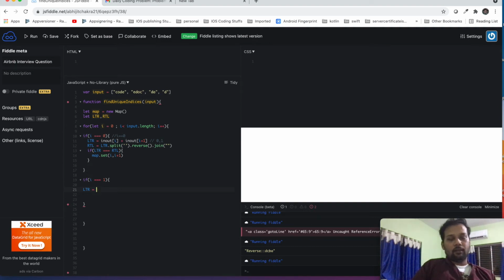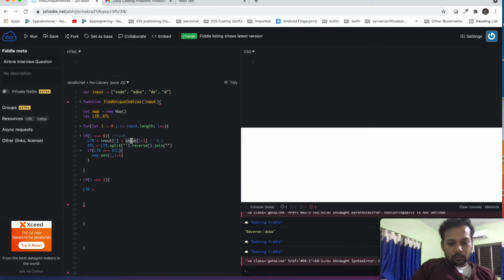Then what I can do, this is wrong. Okay, then in this case I will compare I minus 0 1 0, then RTL equal to LTR, then I have to reverse it, so I can use the same method, like